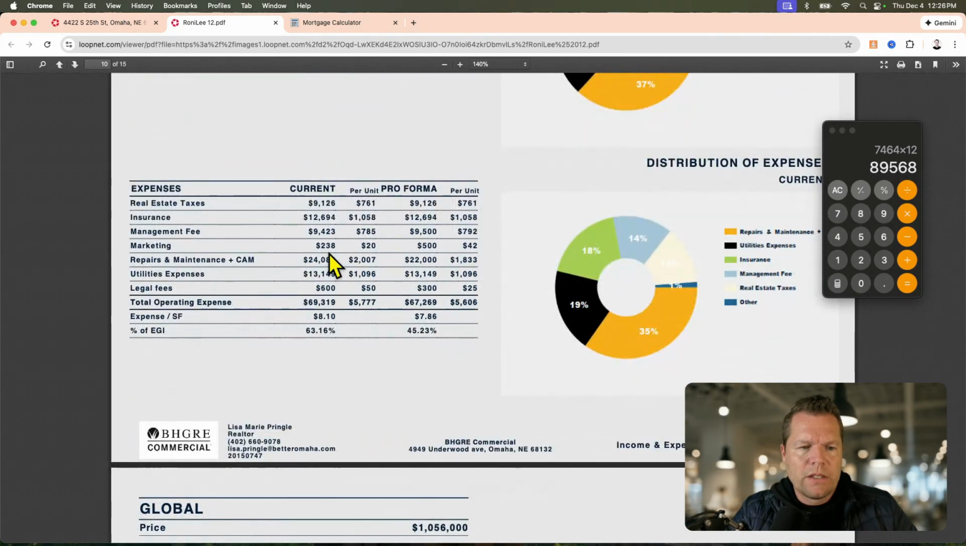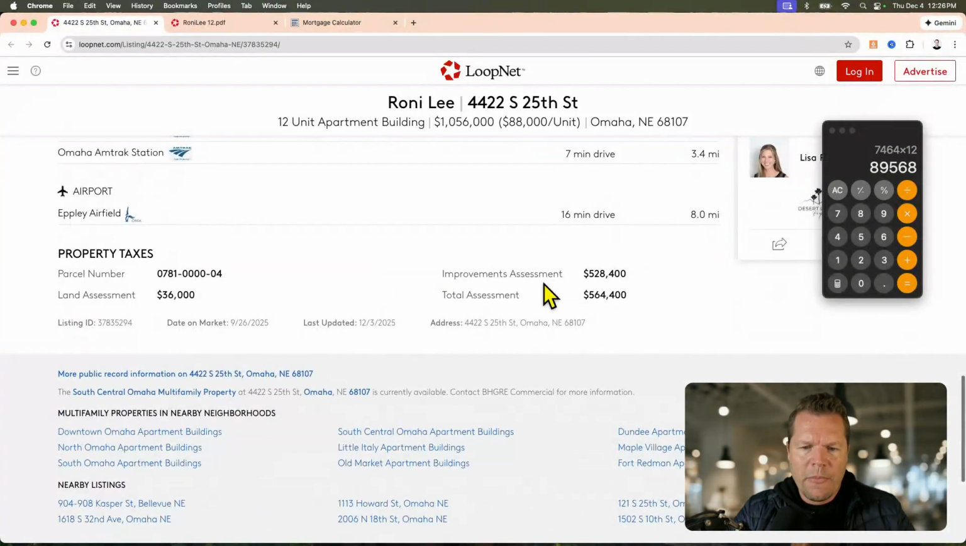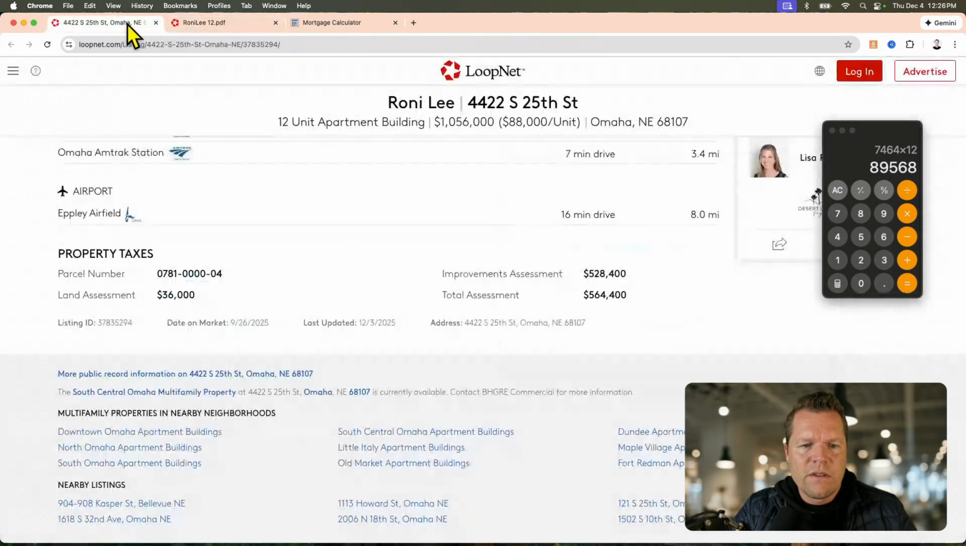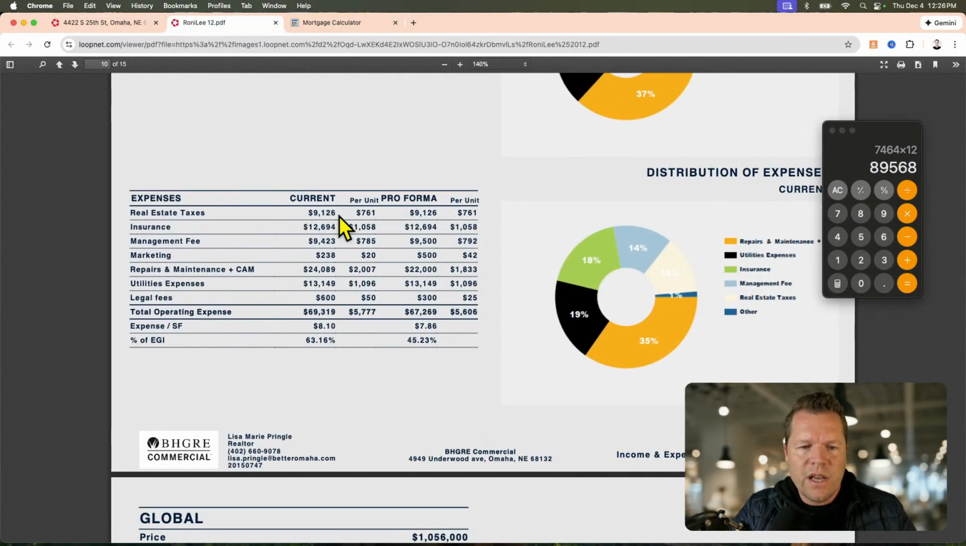All right. So here's their expense report. Let's take a look at what they've all got here. Real estate taxes. This usually has it here. Okay, so this property is assessed at $564,000. So this is something that they always do. Okay, so right now they're paying on their $500,000 valuation assessment by the county, they're paying $9,000 in real estate